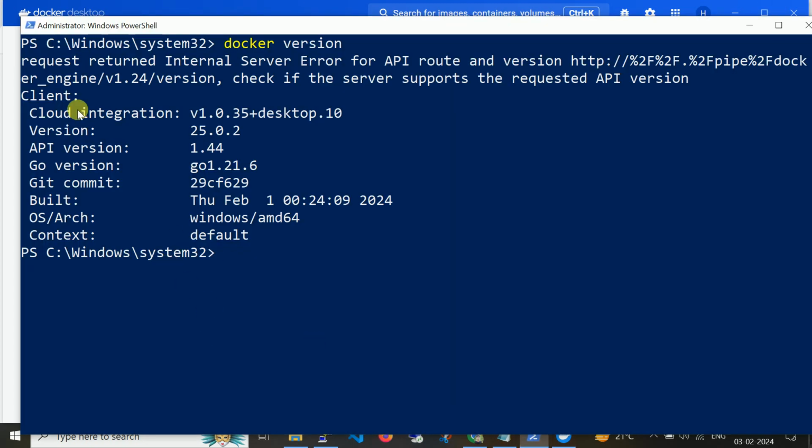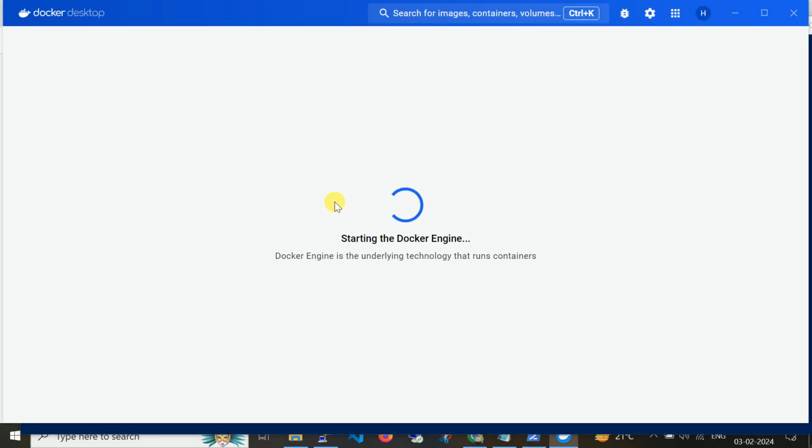But you can get the cloud integration version of Windows. The Docker client version is 25.0.2. So all the commands which we have seen on Ubuntu, the same commands we can use on Windows as well.